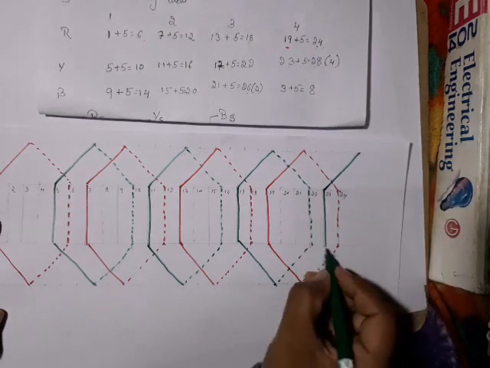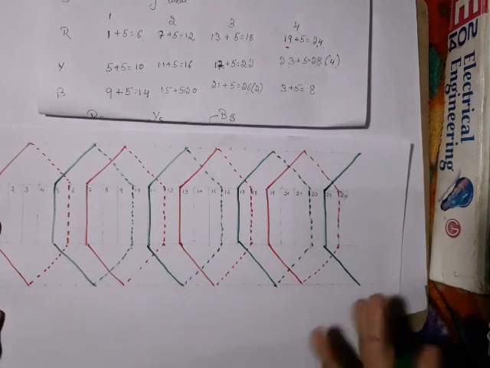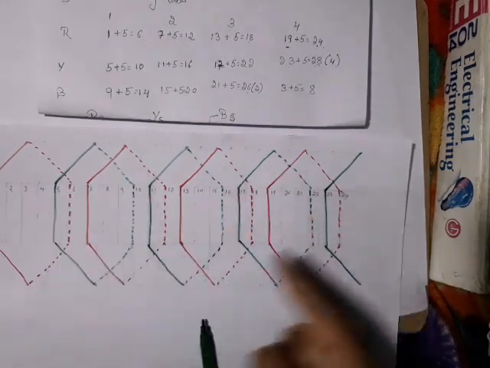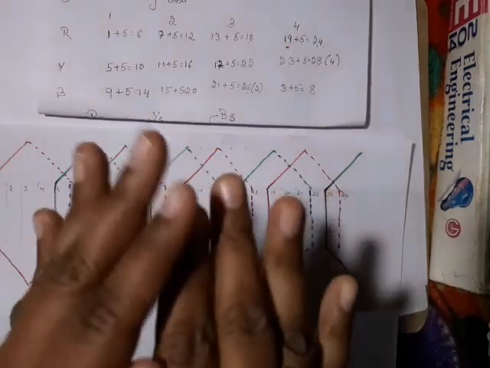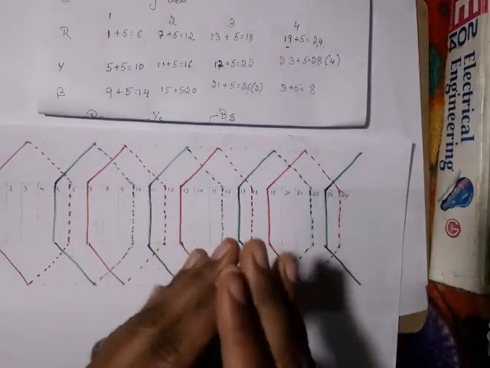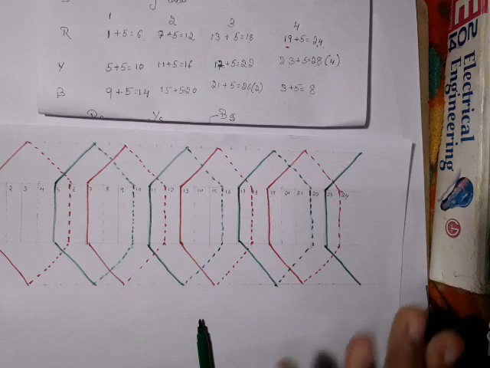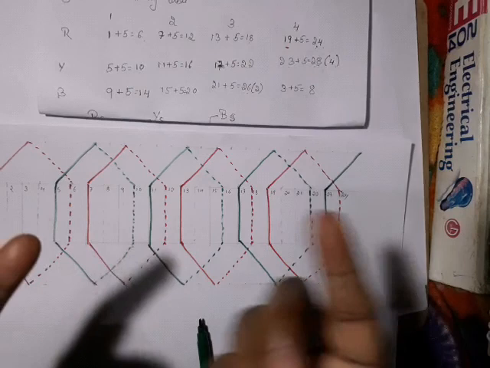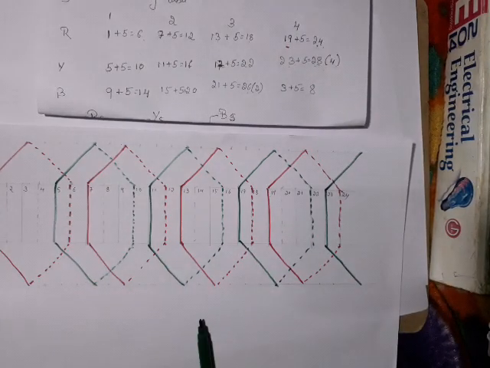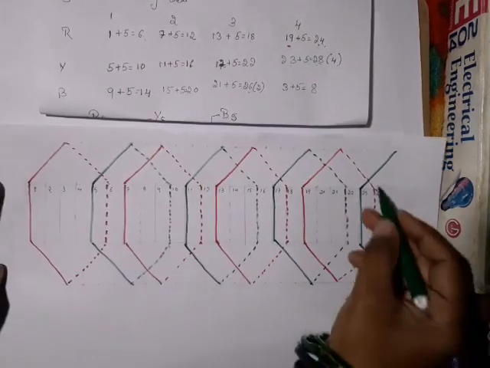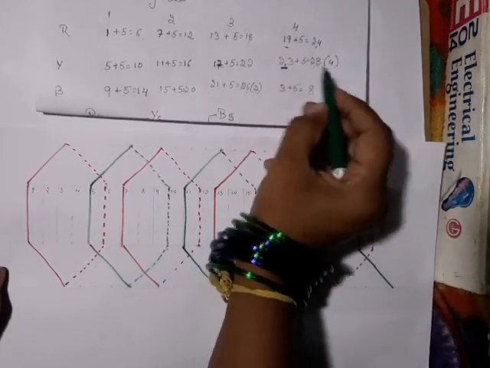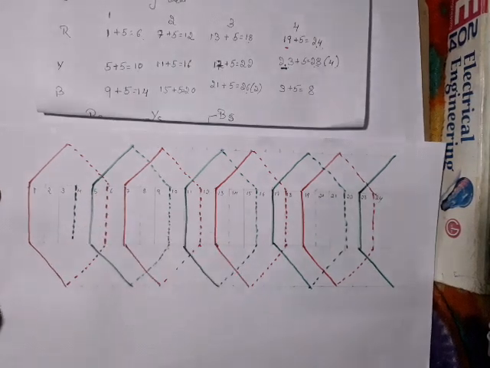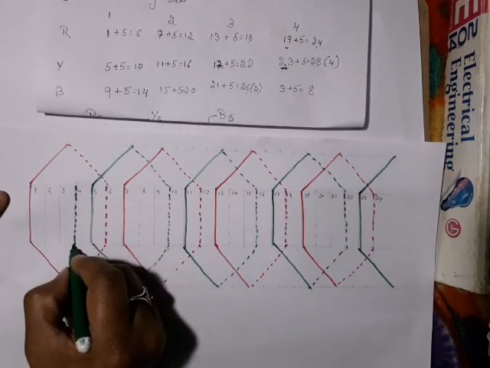I cannot connect it to the 4 this side because, as you know, this is circular. Just like we have round windings and I have opened the stator. When you open the stator it looks like this. If you close this one, if you made it circular, this point will come this side in contact with this. So then it will be fine. So 23 is a dark side and 4 is a dotted side. Here you have 4. To just finish this, we can use this side to plot.